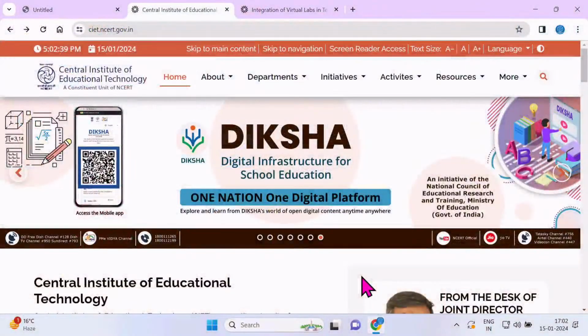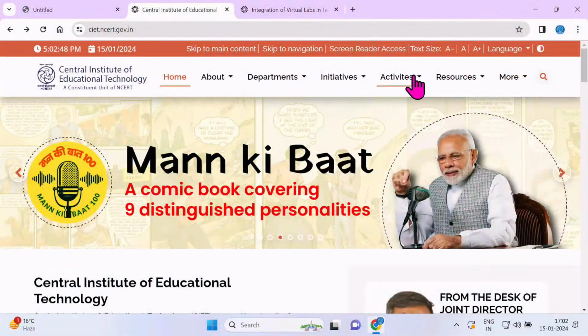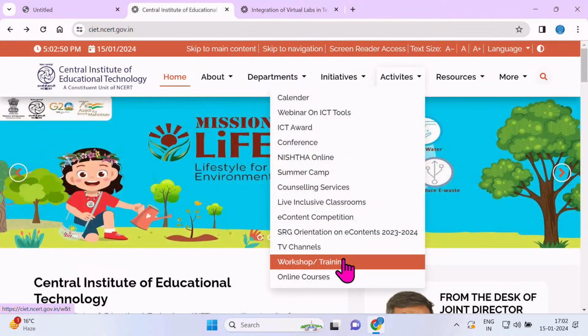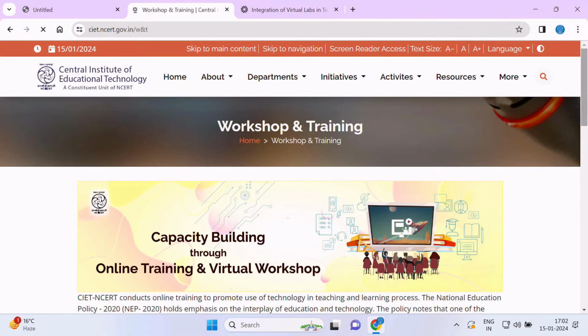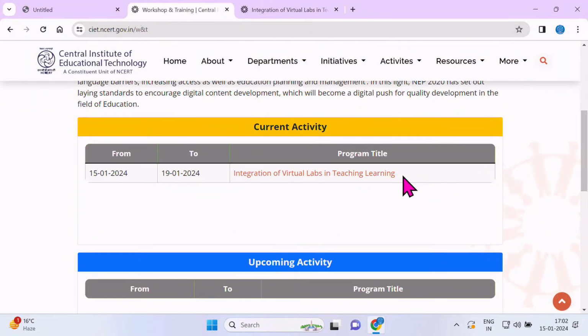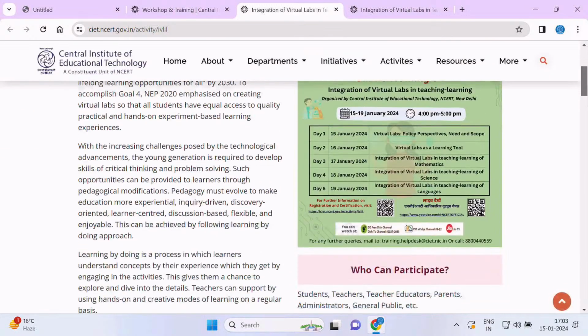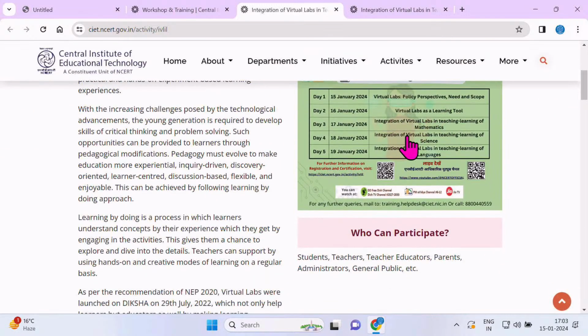And dear learners and viewers, let me tell you the way you can register yourself. You have to write CIET in any of your browsers, and you will see this particular page. In the activity section, you have to go to the workshop and training section, and this page will appear in front of you. In current activity, we have this online training program, Integration of Virtual Labs in Teaching Learning, and here you can see all the schedule and the coming lectures.